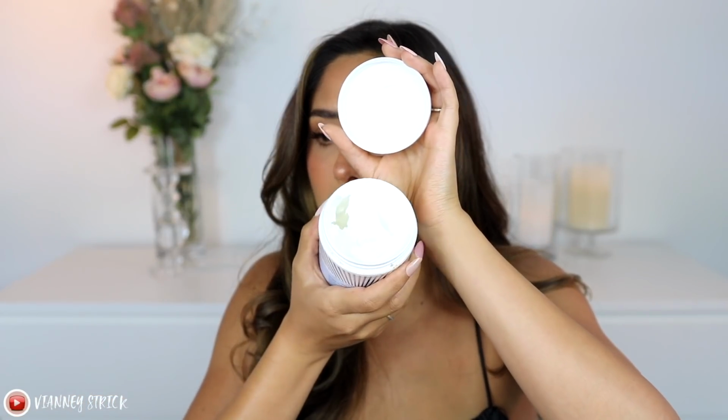Really quickly, I'm not going to stay too long on this, but if you guys haven't used the First Aid Beauty Ultra Repair Cream and you have dry skin, you are missing out. Let me tell you something. This is worth every single penny, and not only is it worth it, it literally lasts forever. I'm so sorry, my lights don't help, but this is the 3rd jar I've used, but the first time I ever tried it, I just remember thinking